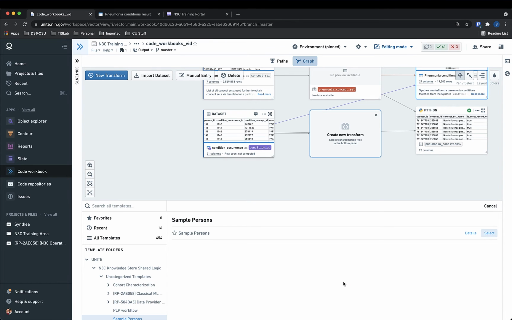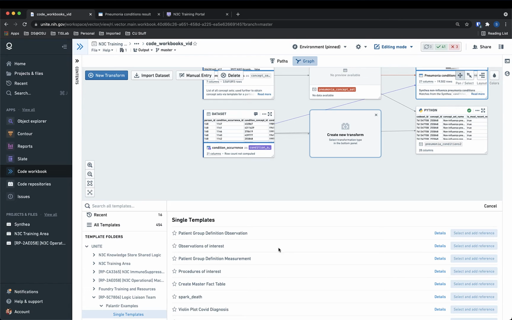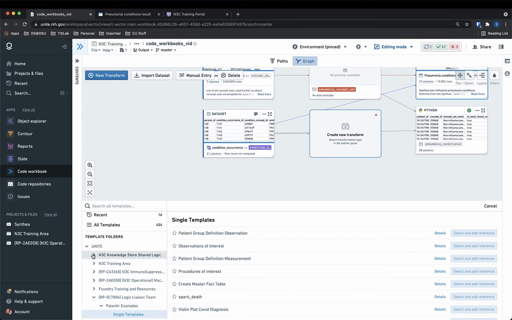the templates option. All templates published in the Enclave are browsable under template folders, but due to project-level restrictions required by N3C's data access model, you may not be able to use templates created by other teams in your own project workspace. The Knowledge Store folder, on the other hand, is a place where researchers can submit templates for access